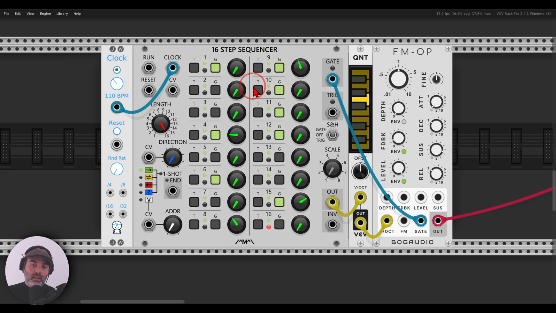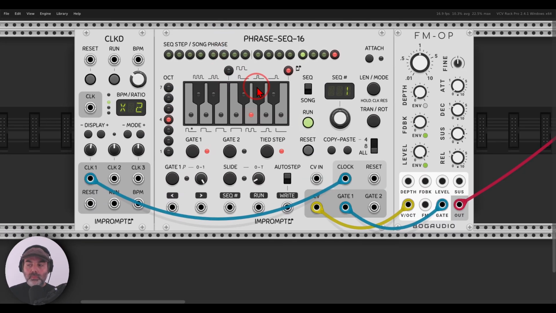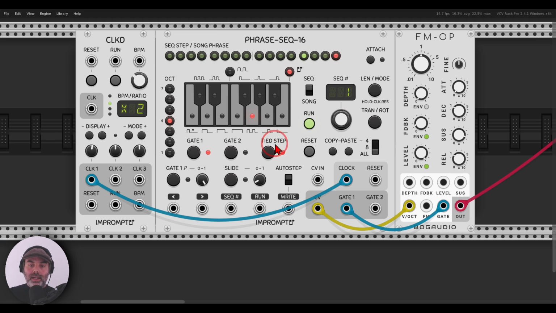Right, so you can use something like the sequencers from Count Modula, and of course also the sequencers from Impromptu will work the same. They have the tied step function, which will basically leave the gate open for successive notes. So here, for example, it's activated. So these two steps, actually three, actually four steps will have the gate open on them because the tied step is connected. Right, so if I run this,